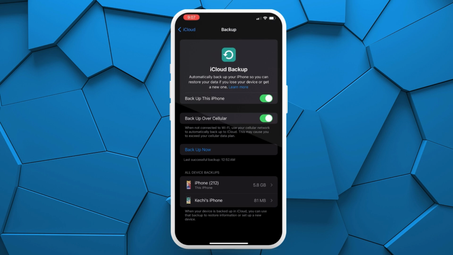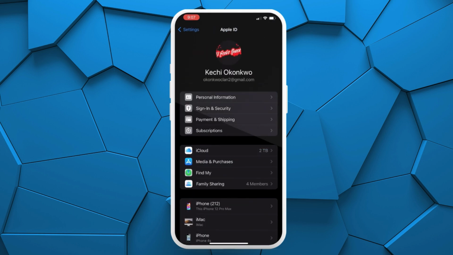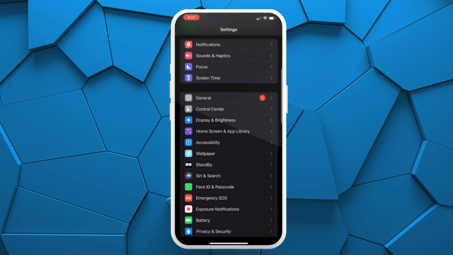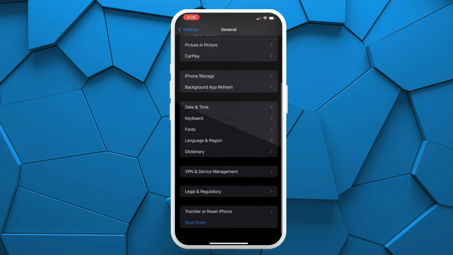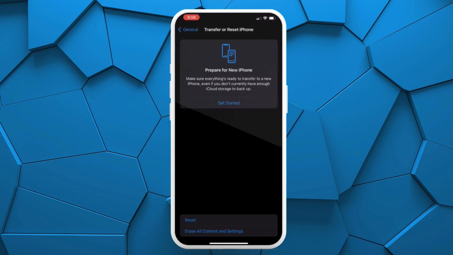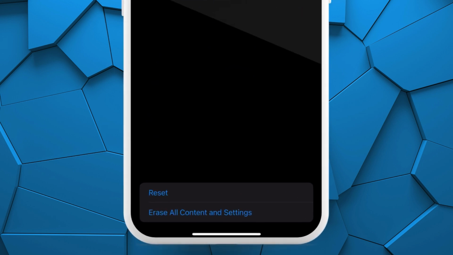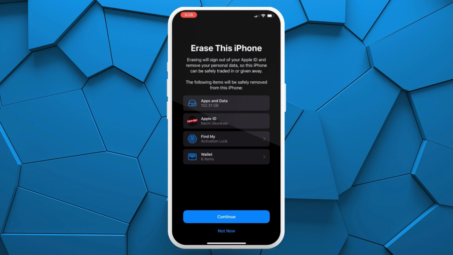So let's go back to Settings, scroll down, and click on General. Now that you're in General, look for Transfer or Reset iPhone, and then hit Erase All Contents and Settings. This will erase every single thing that is on your iPhone and immediately set it back to factory default and wipe